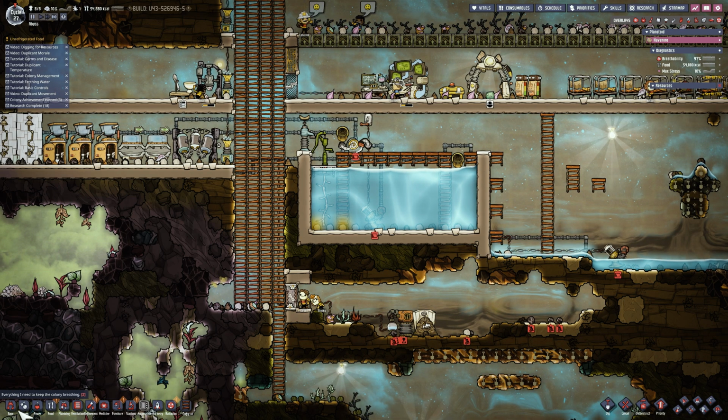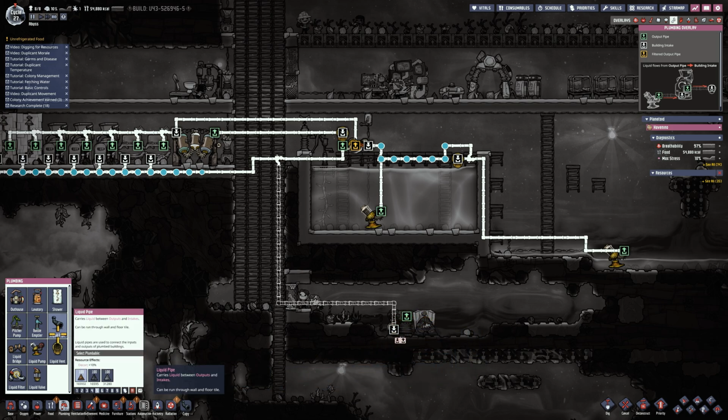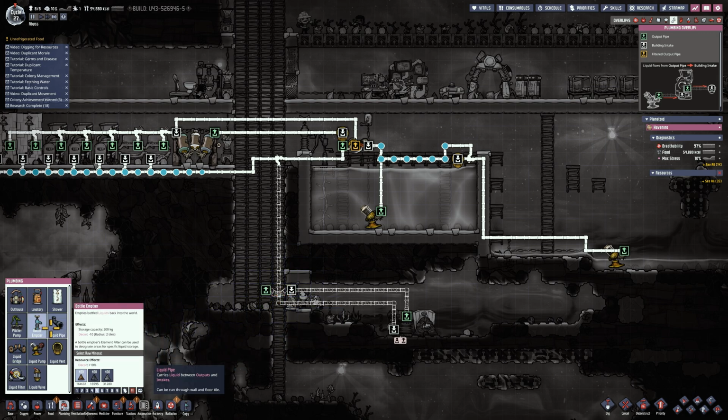Now the thing about the carbon skimmer is if I go here into refinement, or not refinement, what is it, plumbing? Yeah. So this needs water in order to operate. So we're going to run up, over, and we're going to just connect back up with this circuit. Now this one is going to go up, across, and then we're going to build a liquid bridge, flip it, connect up this liquid pipe here,